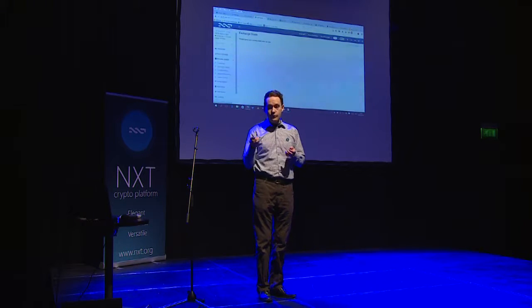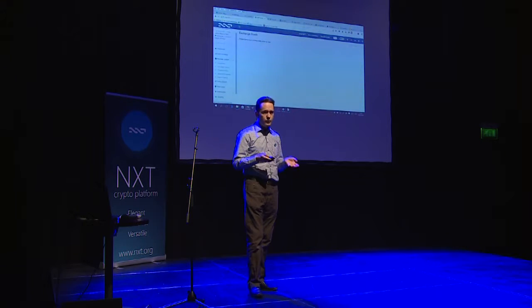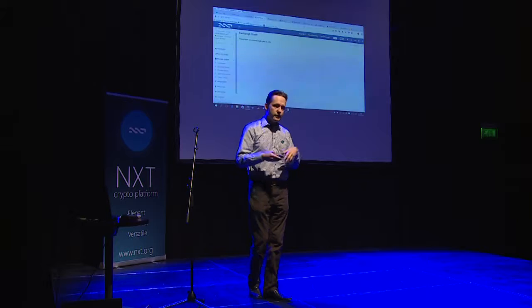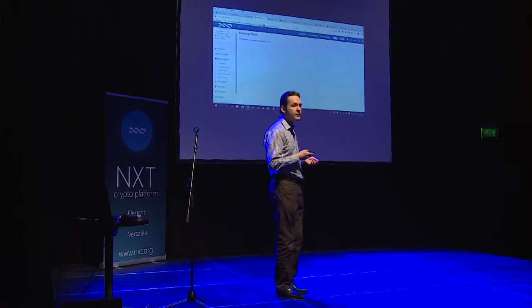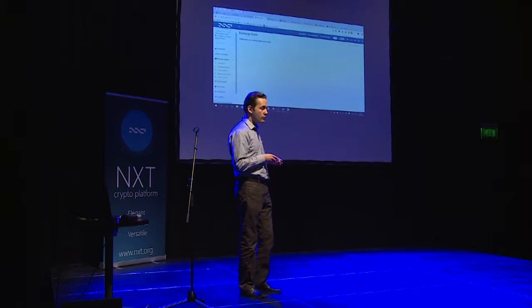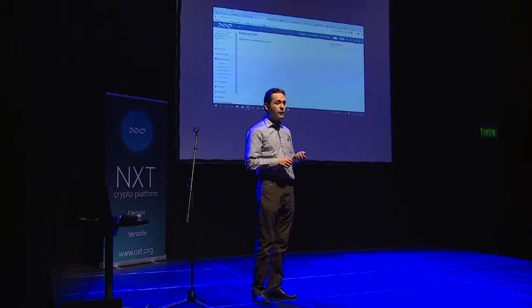So you have, for instance, the CoinJoin example, which is a really good one. If you want to shuffle, if you want to anonymize your Bitcoins, you need to go to a third party. You need to trust them. If you trust them and they run, we have the same problem again.